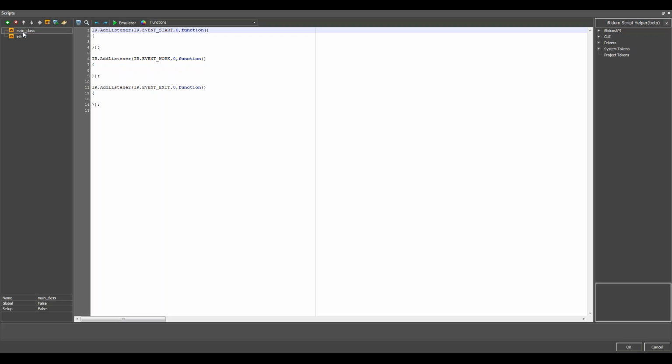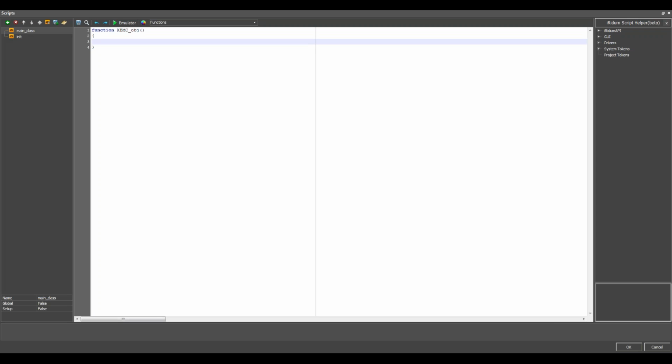And how does i3 Lite understand what class, what script it should copy, and what script it should not copy? For example, in main class, I will create my main object with XBMC methods and properties.